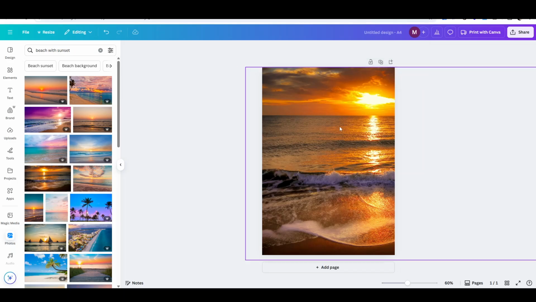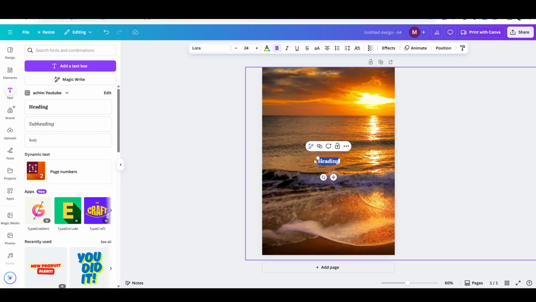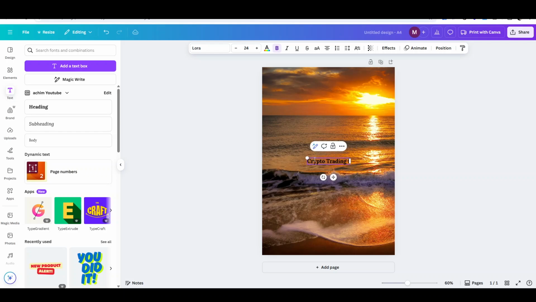This is actually an A4 format that I chose, and you can then use some text, for example, crypto trading for freedom, whatever. You can edit it.